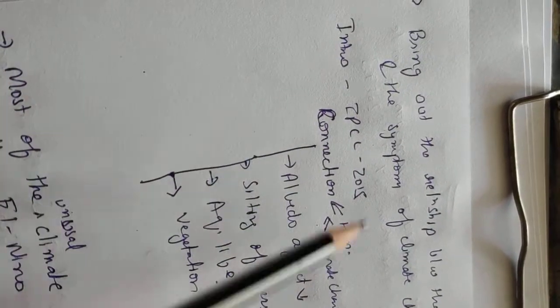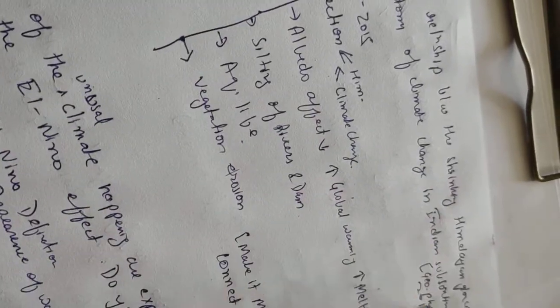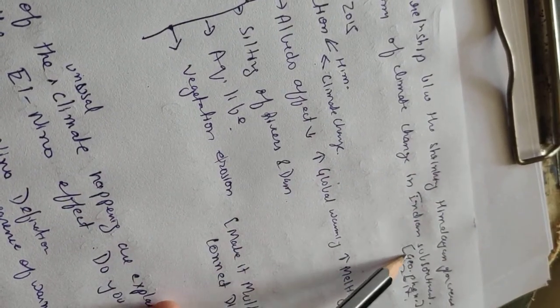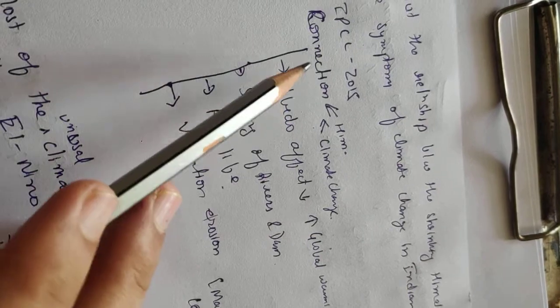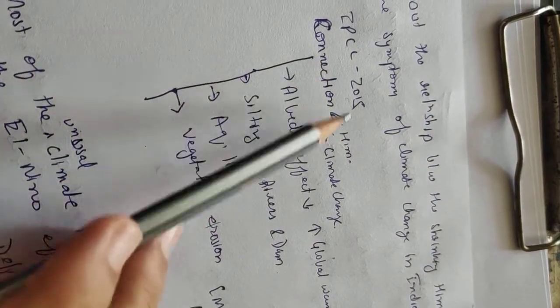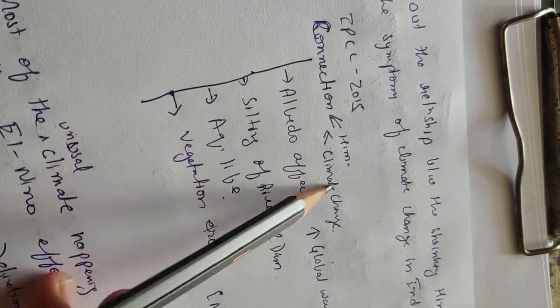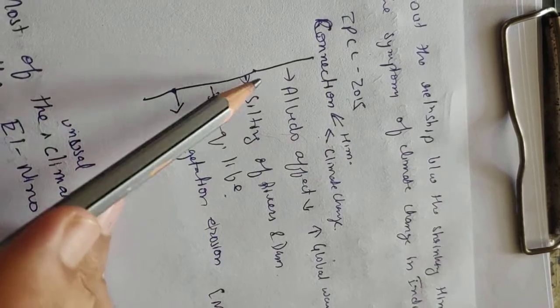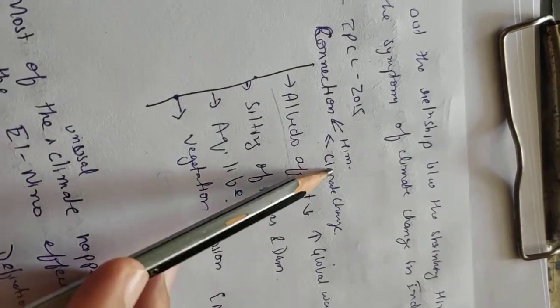So there will be a basic intro there. It is a 2015 question, and it is related to geographic phenomena. So there will be an IPCC report of 2015 on the connection between Himalayas and climate change. There will be different factors. So the albedo effect. Albedo effect is simply that